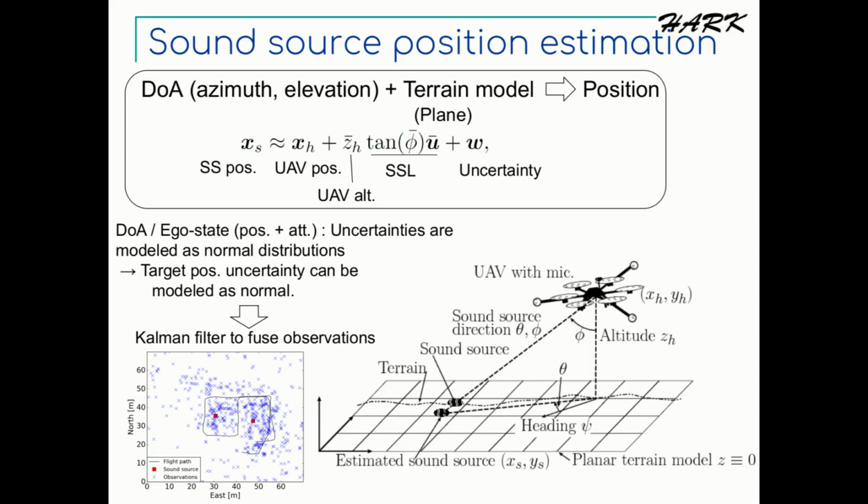The example of the projected sound source position candidates are shown on the left bottom of this figure. Blue crosses are obtained projected points for two sources that are shown by red dots here and there. You can see that there are many false detections of the sound sources, so the observation itself is very noisy and uncertain. In order to cope with such uncertainties, we introduced a Kalman filter to handle them.